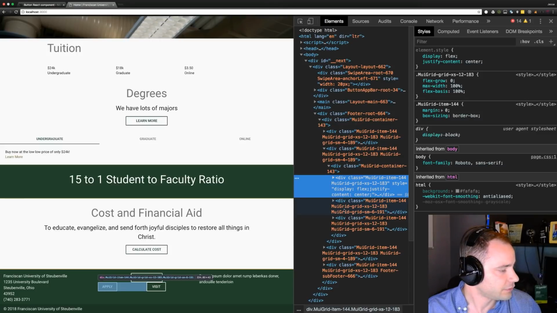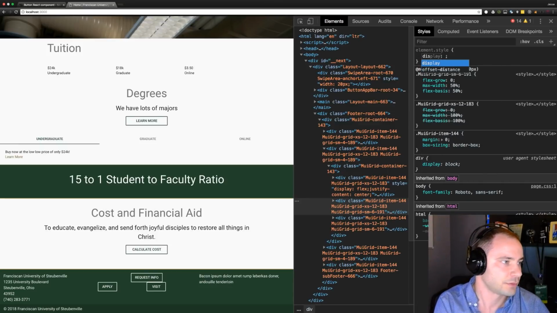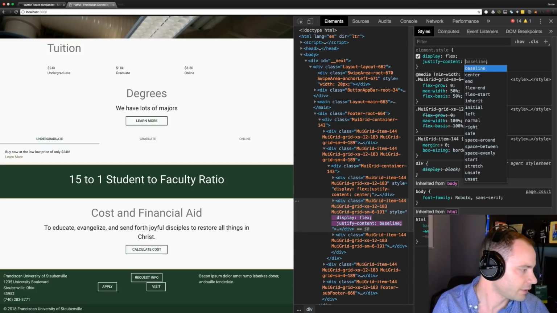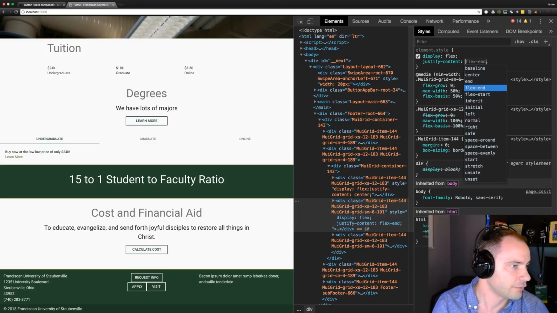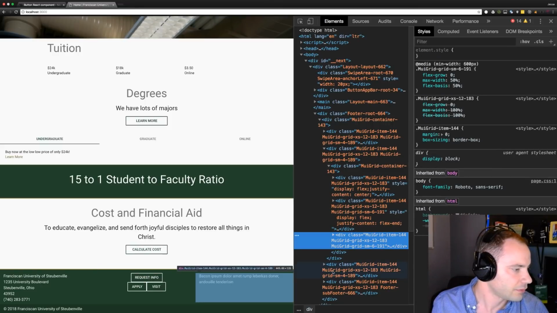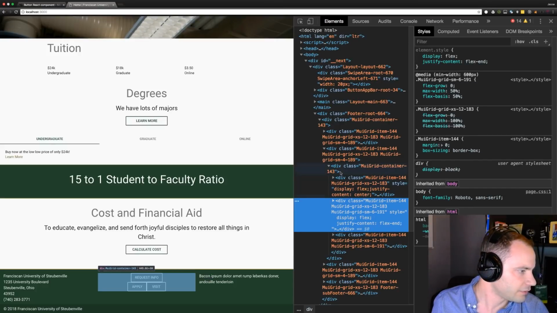so let's do something similar with these, but what we're going to do is I'm going to say display flex. We're going to justify content, and for this one we're going to say flex end, and for this one, oops, yeah, actually this one works as is. We don't need to say anything. All right, but what we do need to say,